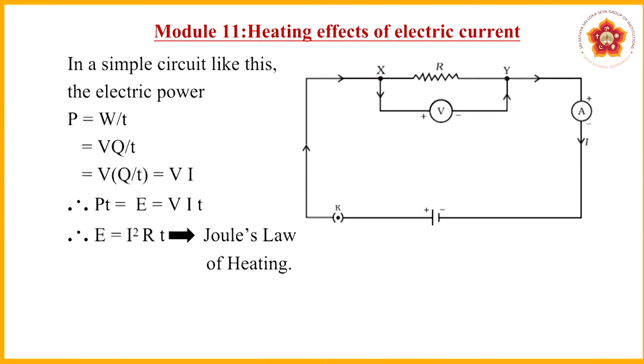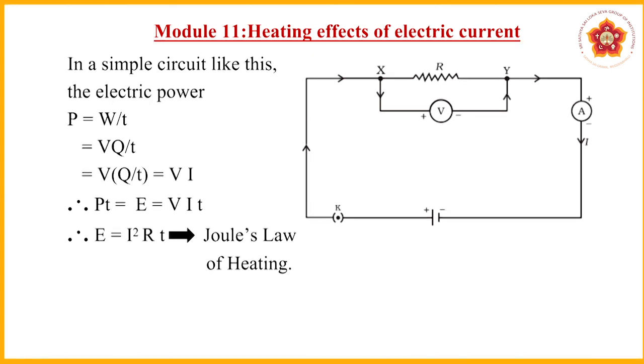So, for electrical power, though we will be discussing it in further slides and lectures, we arrive at one basic formula for electrical power as V into I. When I multiply with time on both sides, power into time is nothing but energy or work done. Electrical energy is V I into T. So, this is the expression for the electrical energy.